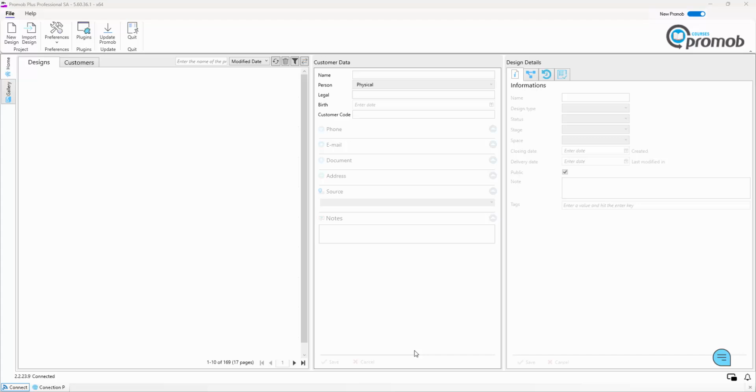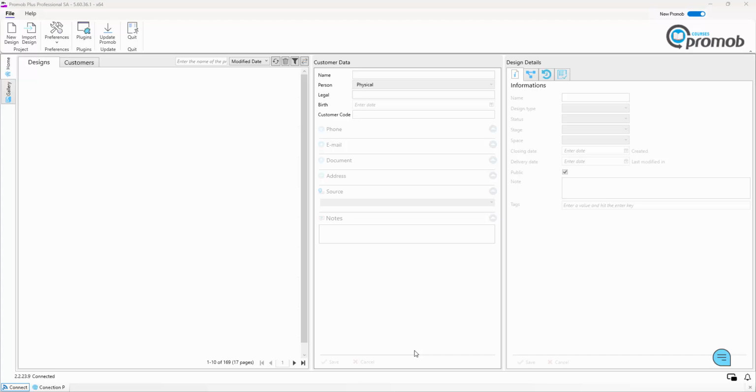Welcome to this tutorial. In this tutorial we're going to show you how to set up the preferences inside Promob. When you first start, you're going to find that maybe some of the text won't all be in English, you might be getting some Portuguese or Spanish. The reason being the program will automatically detect what your language is set up on your computer and it'll pull that information in. We want to change that to just English, not auto English, and then there's a few other settings that we need to do before we get started so that the program will be running correctly and easier